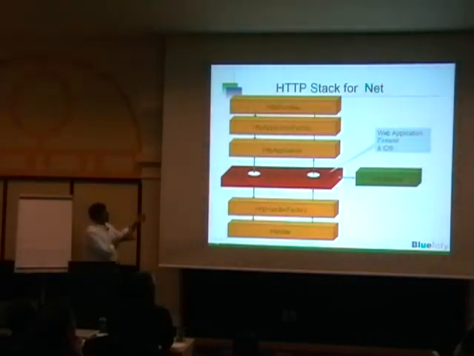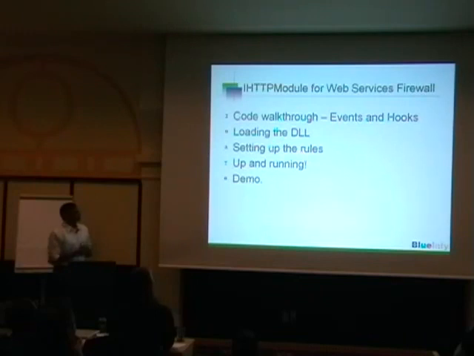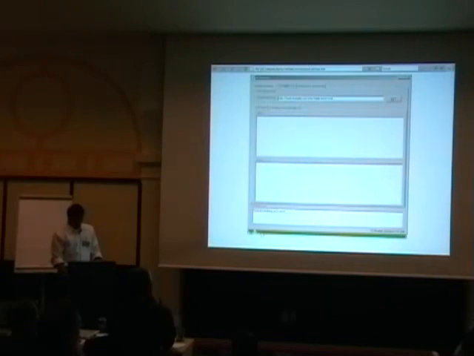So over here, if you write a simple IHttpModule and plug it into your application, when an HTTP request comes, your IHttpModule will hit first before it actually hits your web application. So you have a web application firewall which is actually for SOAP. And there is a tool called Web 2.0 Wall, which is essentially a tool for Web 2.0 defense, where you can do JSON filtering, SOAP filtering as such, and you can set up the rules for it. So over here, a little demo of Web 2.0 Wall.